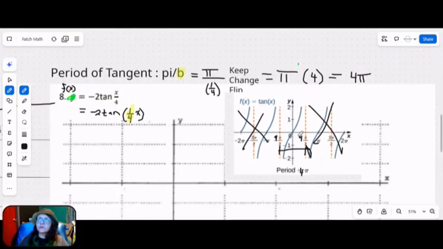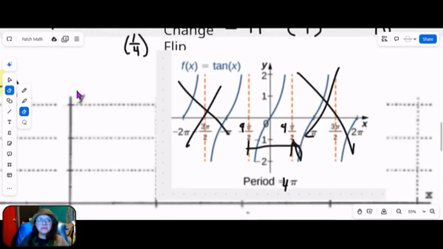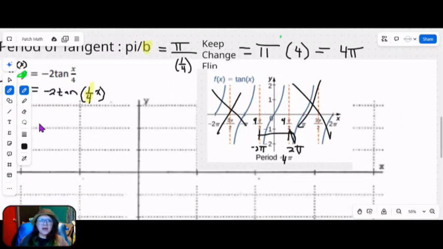All right, so I said that wrong. We have a span of 4 pi, not 4. We have a span of 4 pi there because the distance between negative 2 pi and 2 pi is 4 pi. All right, now that we've got that visualized, the only reason I want to go through those tiny little